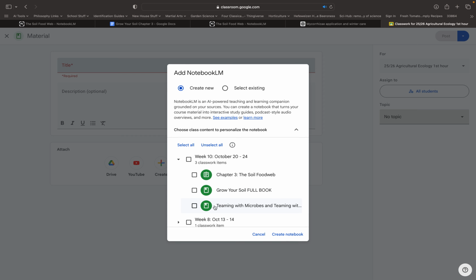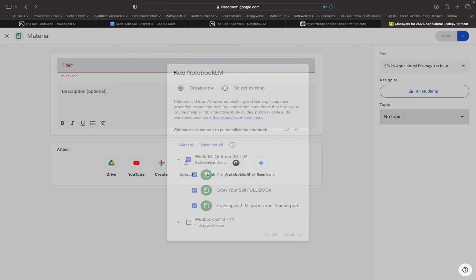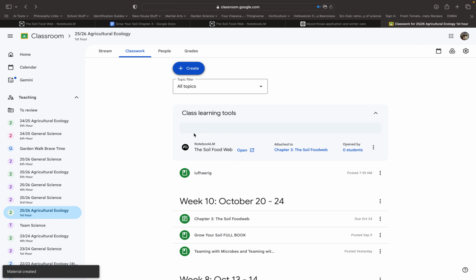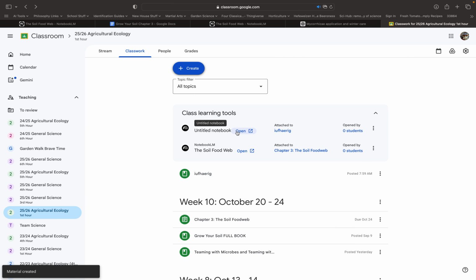I've got some college-based books. I've got a 6th grade reading level book, and then their assignment. When I click on these and I hit Create Notebook, what's going to happen, and I can give it a title, and I will go on ahead and hit Post. When we go into this, and I'll show it to you as we open,